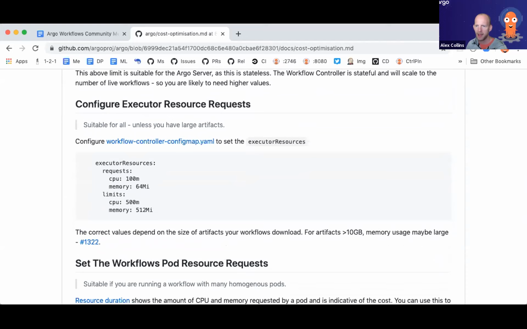So I got a question from Evan. If I use persistence for jobs, how does TTL and pod GC apply? Okay, so can you clarify what you mean by persistence for jobs, please? Like I use the Postgres node offload, I believe is what it's called. New to Argo, so.